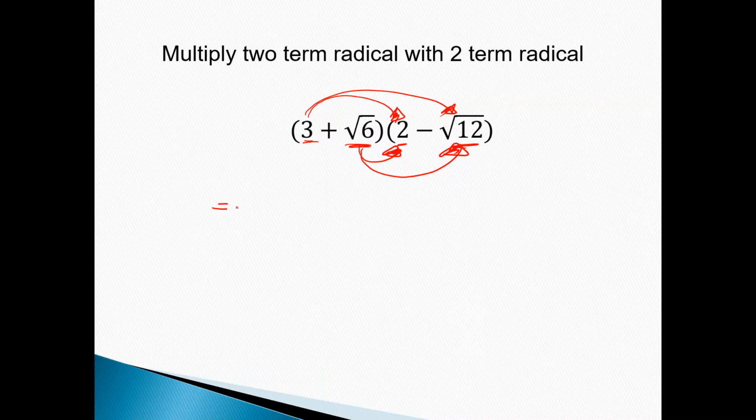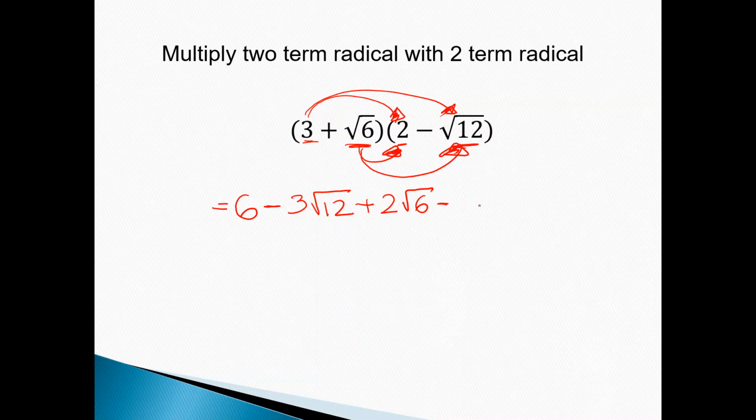So I do 3 times 2, well, they're just 6, minus 3 times root 12. 3 is outside of a radical sign, so I cannot put it inside. So I'm going to leave it as just 3 root 12. Plus 2 times square root of 6 is really 2 root 6. We usually put the whole number in front of the root. Minus